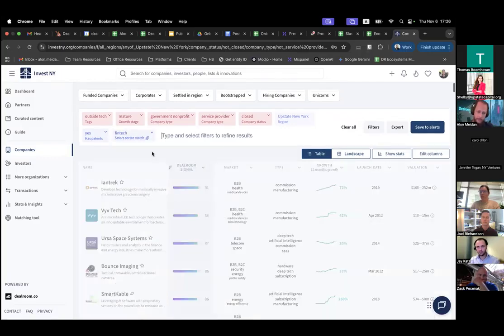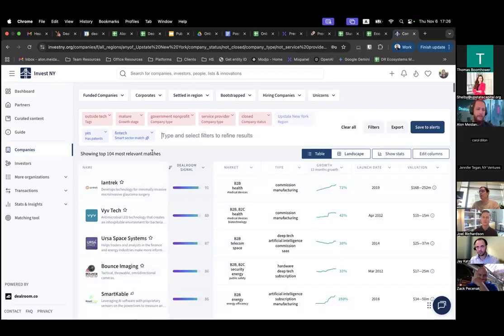What this does is this is an AI powered tool, which basically scans through the company's description and name. And if that matches the idea of fintech, then this company is going to be added to your results here.